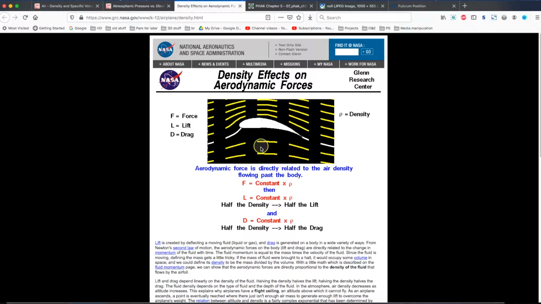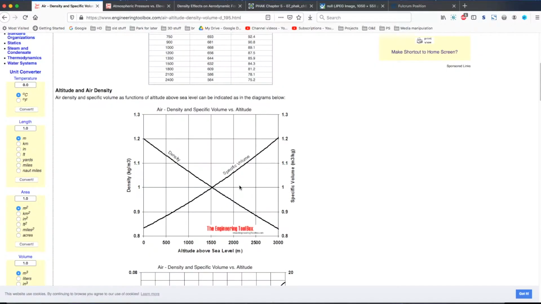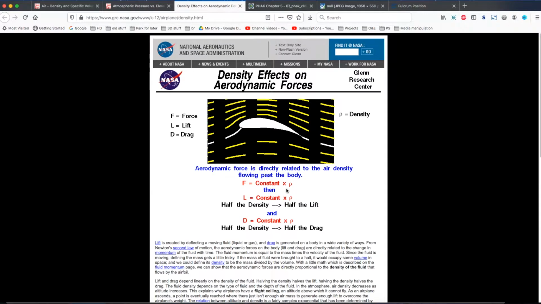yes, NASA. According to NASA, lift and drag are both a product of a constant and air density. As I've alluded to with this graph before, and now again, the higher you go up, the lower the density of the air that the airplane finds itself in. And so the density rho that they have here is going to be smaller,